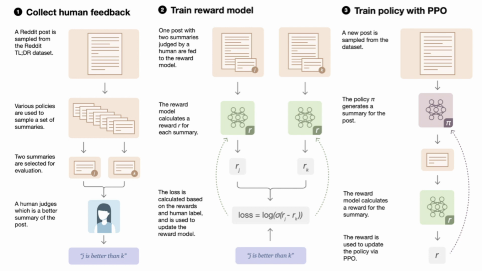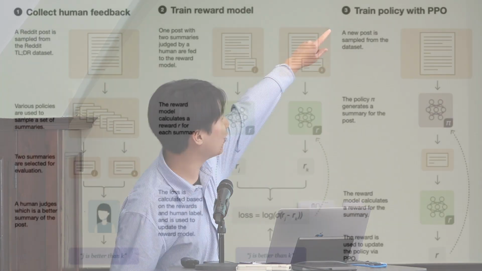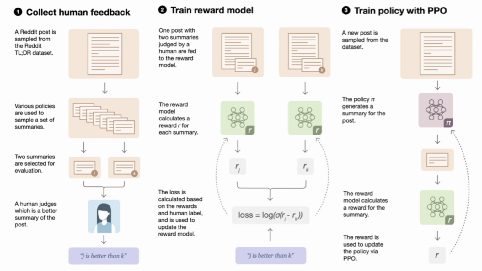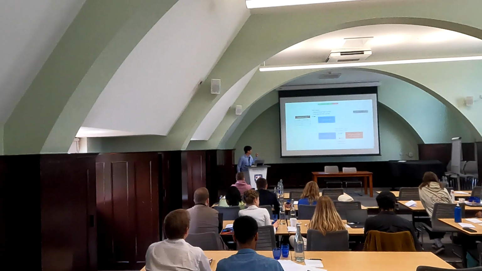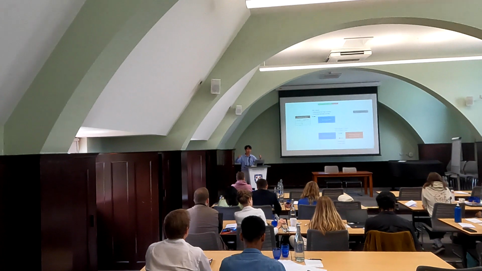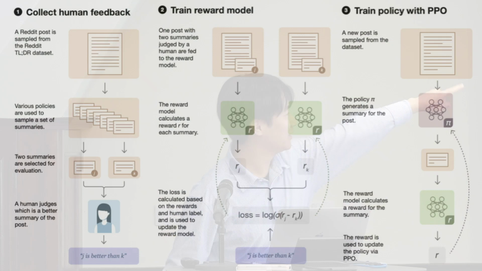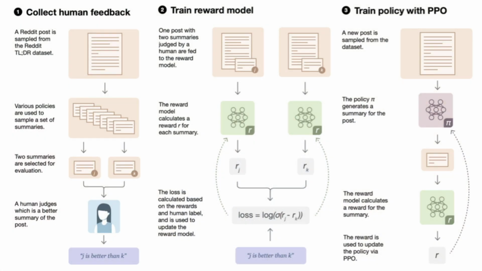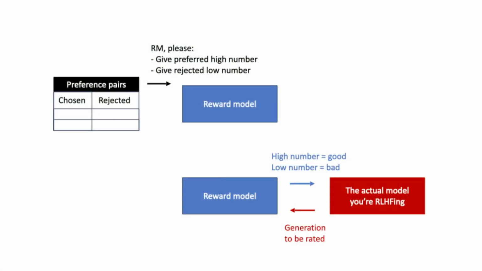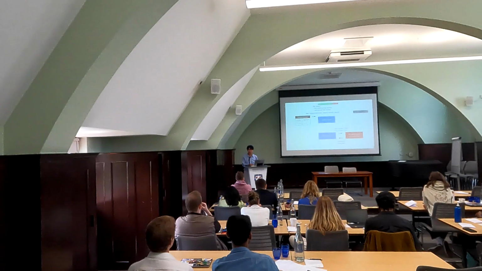Typically, this is the figure used to explain how RLHF works. But instead, I created a simpler figure for you. You have preference pairs, chosen and rejected pairs. You use that to train a reward model. You give the preferred one a high number and the rejected one a low number, and afterwards that reward model is trained. Now you can use that reward model, high number good, low number bad, to train the actual model that generates a response, and it rates all the responses. The hope is that this can be used to update the actual model. This is the actual loss function. I'm hiding a bunch of the math from you, and that'll be the case throughout the entire presentation.